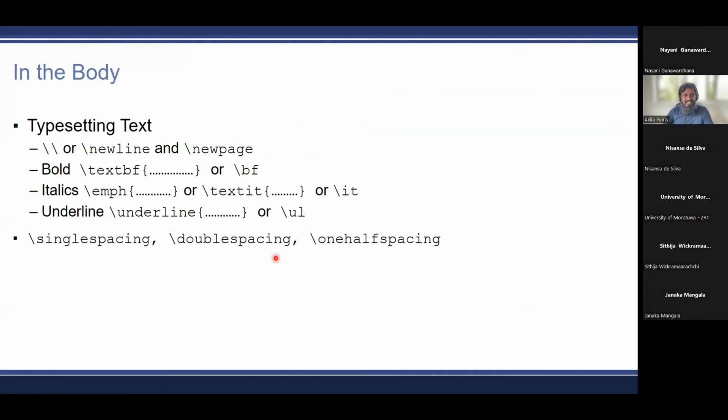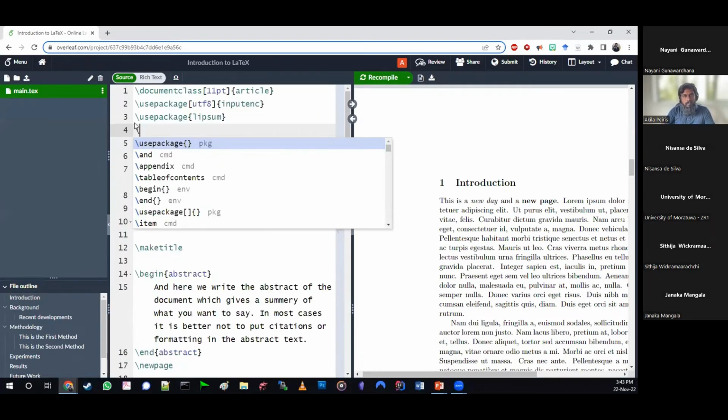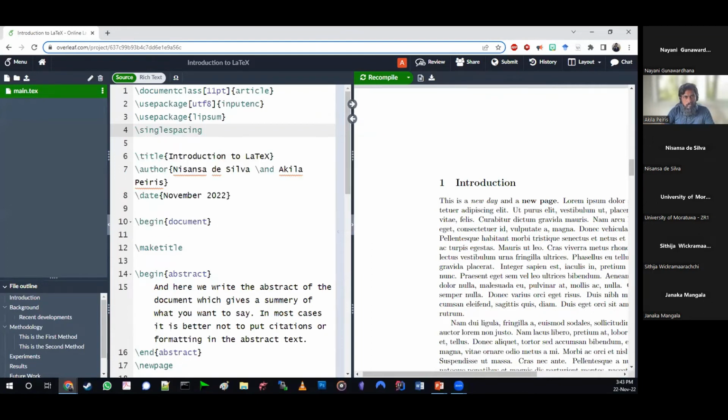Now, in formatting, you are asked to do single spacing, double spacing, one-and-a-half spacing. And what if you are typing something and you didn't know what it is? And also maybe you are typing it in and then you want to change it. So all you have to do again is to say, let's see whether I did it correctly. Oh, I think I mistyped it. All right.